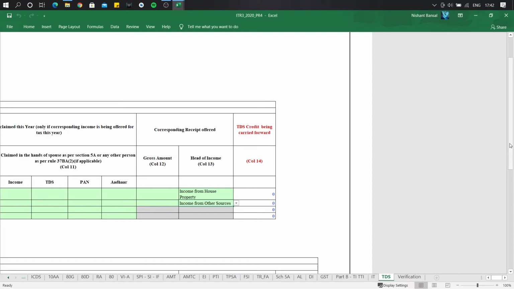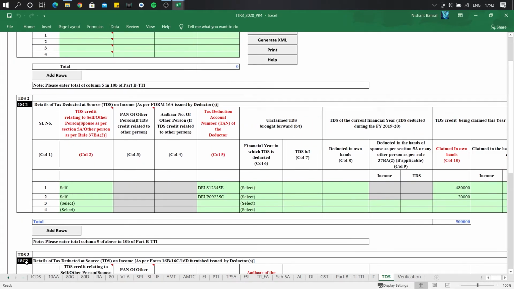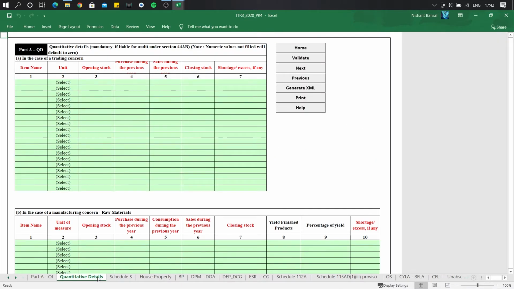So now we are done with the question, but there are certain minute things left. So let's start from the beginning. Before clicking on calculate tax, you have to make sure that first of all you have filled all the mandatory details. Then there are quantitative details. In case it is given in the question, we just have to simply write the amount here as it is.